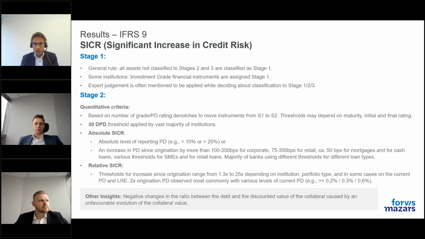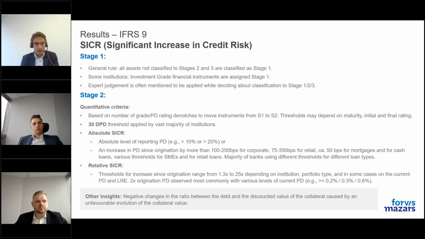It's worth mentioning that sometimes, as I said, the relative threshold depends on low risk exemption, which is again set on different levels in different institutions and for different types of assets. We saw levels set at 0.2%, 0.3%, 0.5%, or 0.6% in our analysis. Probably it's not the full list that we came across. These are just examples.